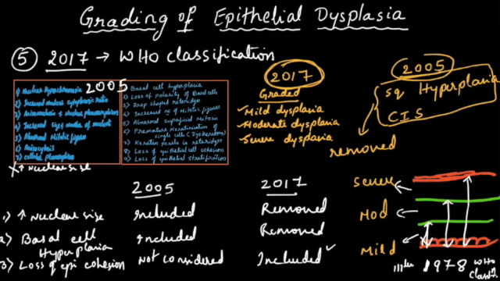For now, the 2017 system is the latest one. However, I have discussed the 2005 and 2017 systems back to back so that it will be easy for me to compare and tell you guys how these two are different. Between these two systems, there was another classification system that came into existence in 2006. So let's discuss that.